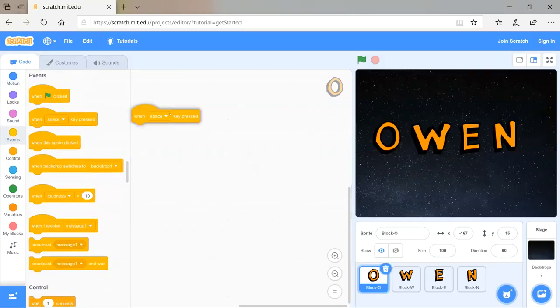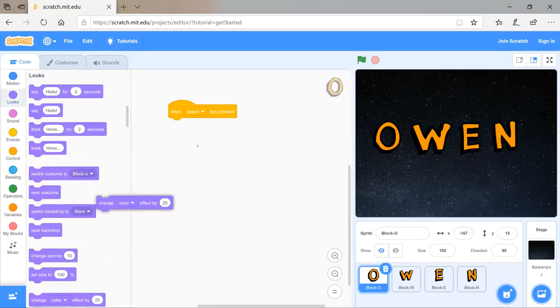So we're going to put when space key pressed instead of when we click the mouse. And the first thing we looked at today was changing the color. So I'm going to go to looks and I'm going to say change color effect by 25,